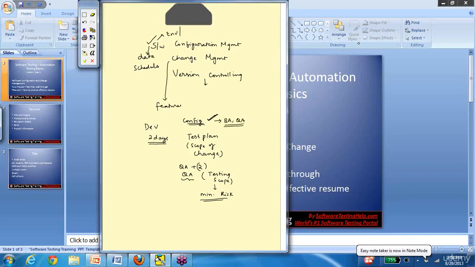But for huge projects, for bigger projects, there is a dedicated configuration management team that will take care of all these things. Another change can be environment wise. So if a change in the environment happens, as we have discussed, there is typically a development team, QA team and production environments, correct? There are 3 instances of similar environments.